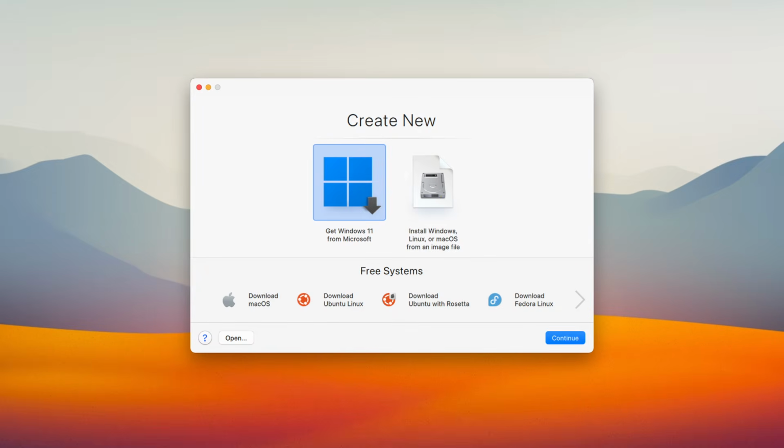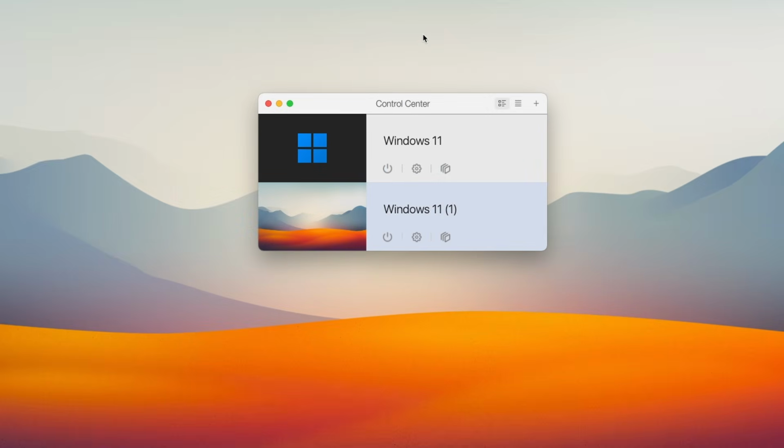Now, in my opinion, Parallels works super smooth, especially Windows 11 works super smooth through Parallels on my Mac, and